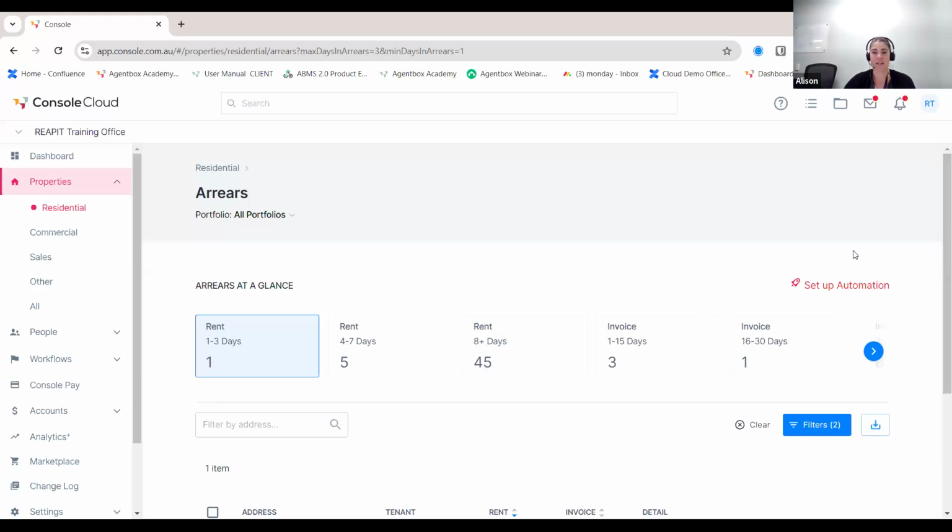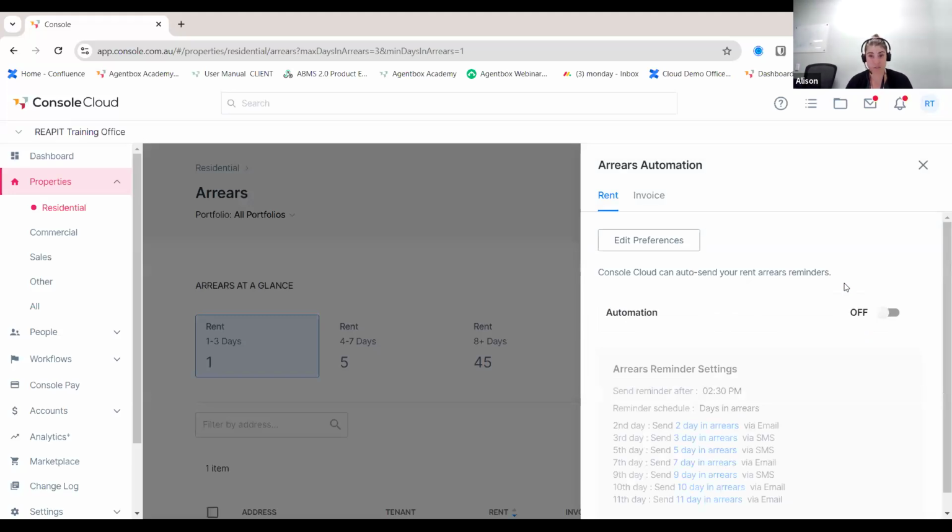Now, over the side here, we have that setup automation. There are sometimes a few myths around automation. They think that you have to use SMS or you have to use email or you have to have it go every day or you can't change it. The automation here is very flexible. It can be built around how you prefer it to be going out, and it can be separated for rent versus invoice arrears. So if I was to pop in and have a look at my rent arrears here,